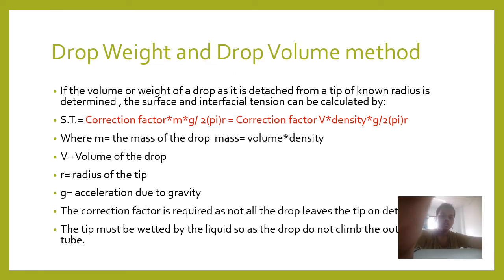As here we are using the stalagmometer, there are chances that the drop of liquid might remain at the tip of the stalagmometer. So we have to do this practical with full accuracy, and that's why the correction factor is needed in this method. The final formula for finding the surface tension by this method is correction factor into volume into density into acceleration due to gravity, divided by 2 pi r, or simply the circumference of the liquid.